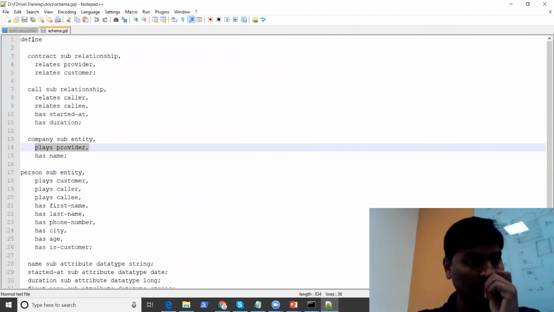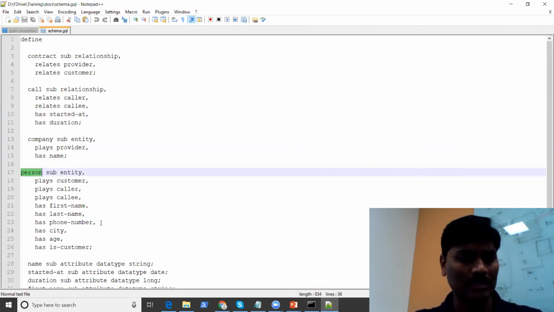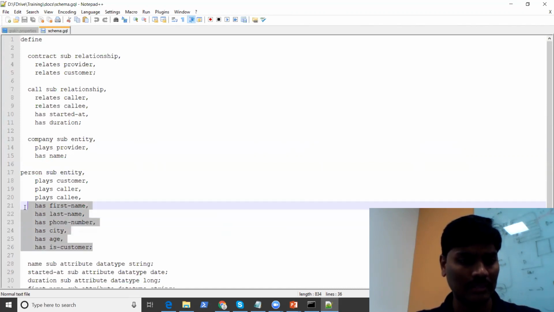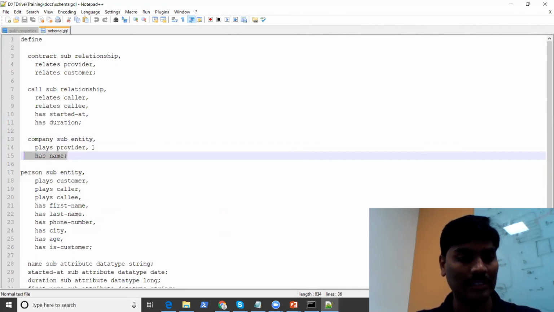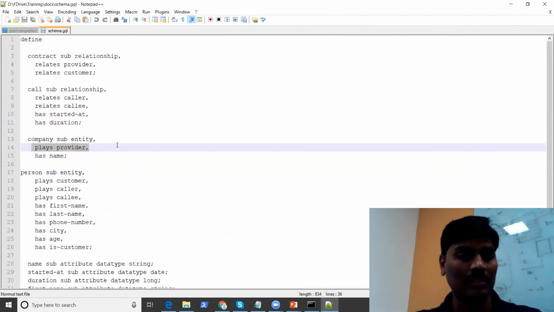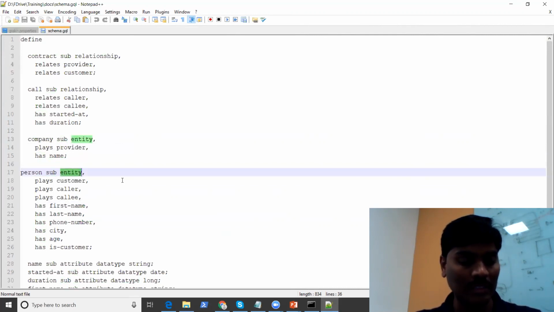Here, define is the major keyword used for creating entities, relations and constraints. If you look at person, it has these attributes and these roles. Company has one attribute and this role. Please note that if you want to specify any attribute, you need to specify it with the has keyword. And sub is the keyword to specify the kind of entity,